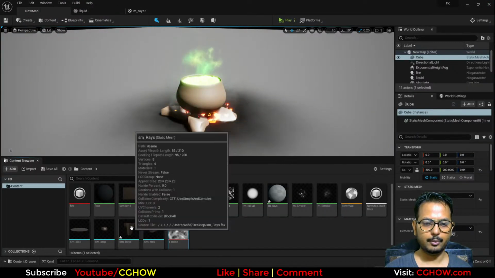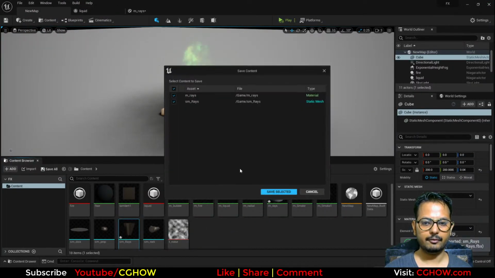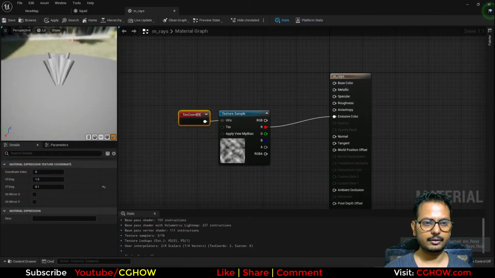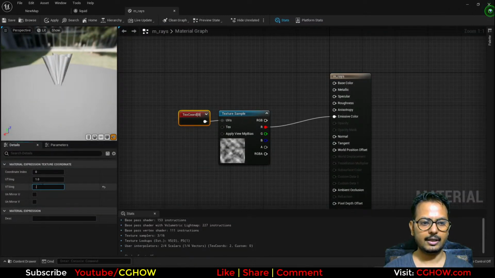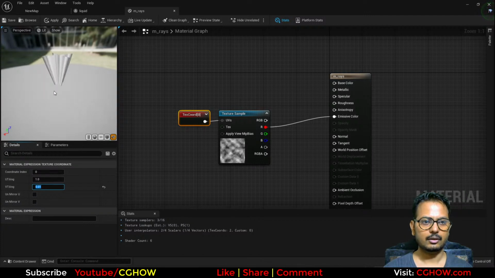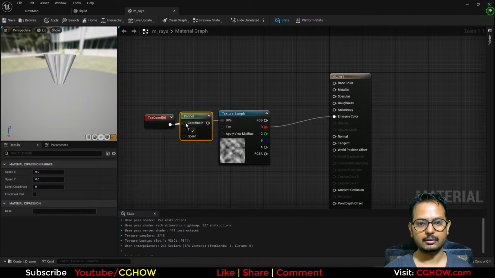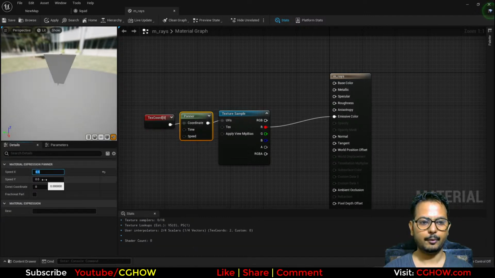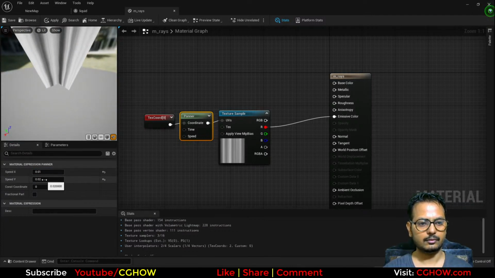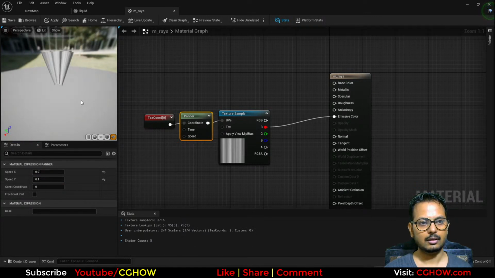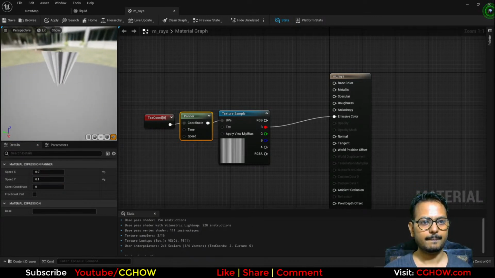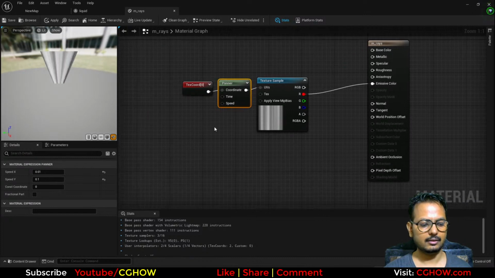and I will re-import this, save all, and in material now it's working, and I can stretch it more. Now it's almost raised, and if I add a panner here like 0.1, 0.01, 0.02, 0.01, so we have raised. Now I need to fade the top and bottom and the sides, so I will quickly